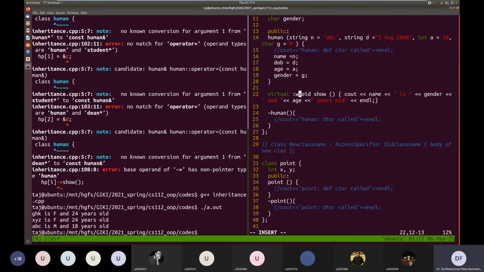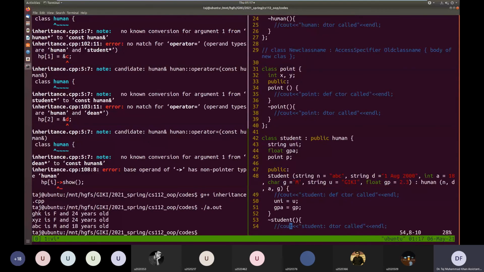So this virtual keyword will make this function virtual, and the virtual function will be called for the object whose address is stored, not for the base class object inside that object, but the object whose address is being stored, that particular object's function will be called. So I made this virtual, and